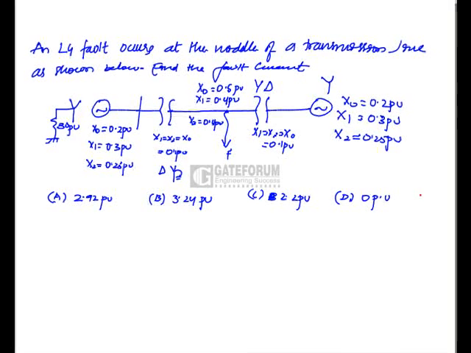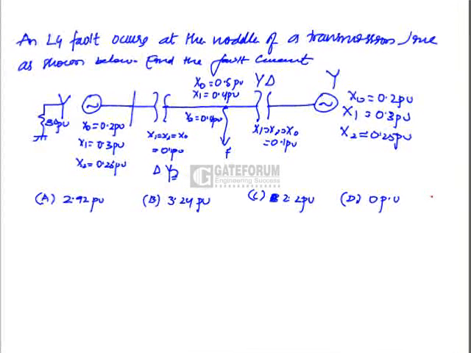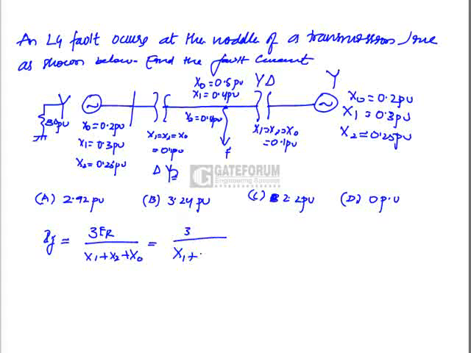...occurs at the middle of a transmission line as shown in figure. Find the fault current. Now what is the fault current for LG type of fault? IF is equal to 3 times ER by x1 plus x2 plus x0. Okay, now let us take ER as 1 per unit, so this will be 3 by x1 plus